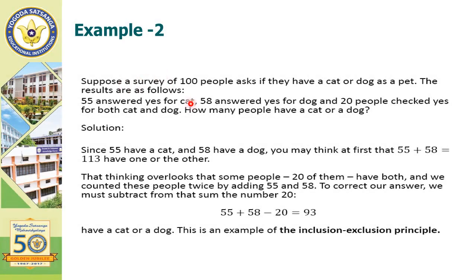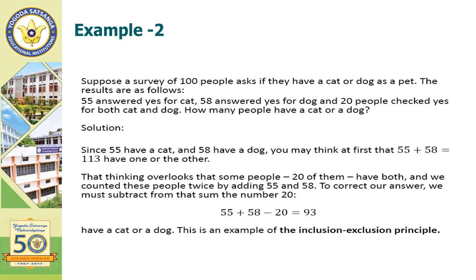Suppose that there are 100 people, and some have a cat or dog. 55 answered yes for cat, 58 answered yes for dog. 20 people checked yes for both. Then how many people have a cat or dog? If we calculate using simple addition only, adding the total number of dogs and cats gives 113, which is greater than 100. Using the addition principle theorem,